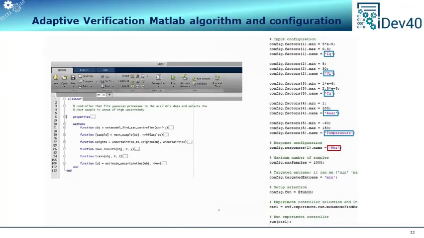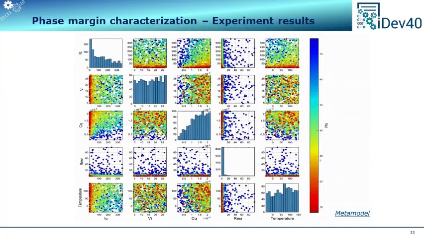The actual Matlab algorithm used for the experiment can be observed in the left picture. On the right side, we can see the configuration used to run the experiment as generated through the Perl script. All 5 operating conditions are considered: IQ, CQ, RESR, temperature, while the output is the phase margin. For this, we have employed an algorithm that searches the worst case. It is not very aggressive in order to ensure coverage for all regions, and the obtained results are depicted here